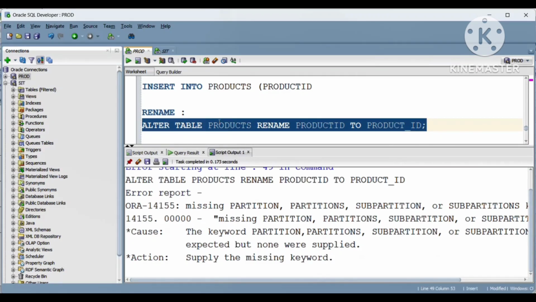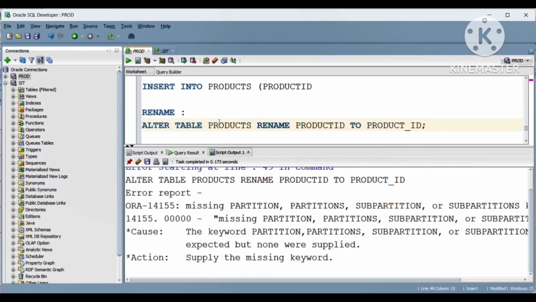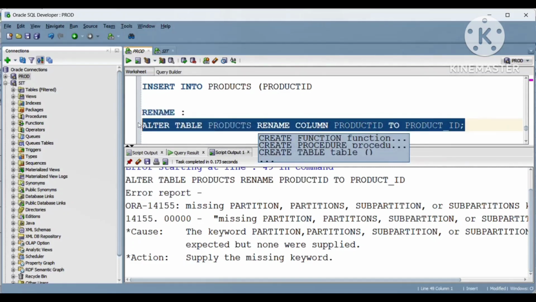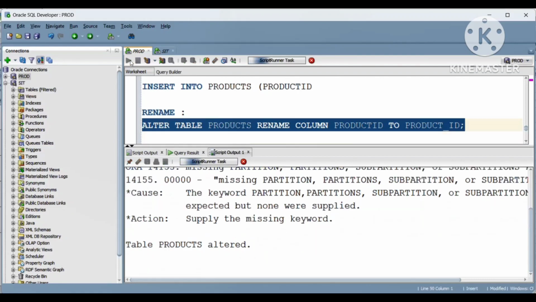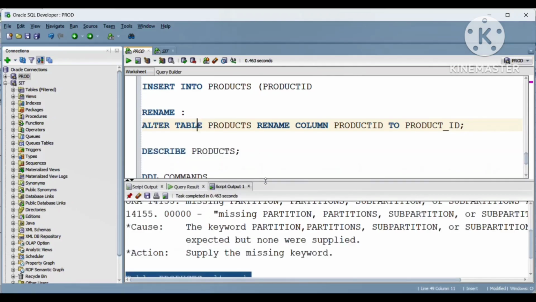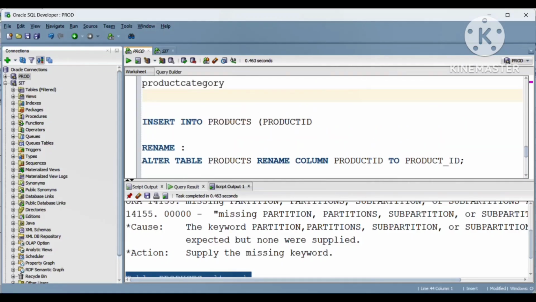Oh, sorry. Alter table products, rename column. See, now the table products is altered. So the syntax is alter table products, rename column product ID to product underscore ID. Like this you can rename a table also. Okay, now we'll go to the